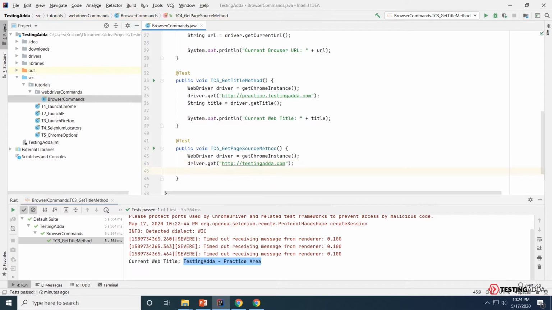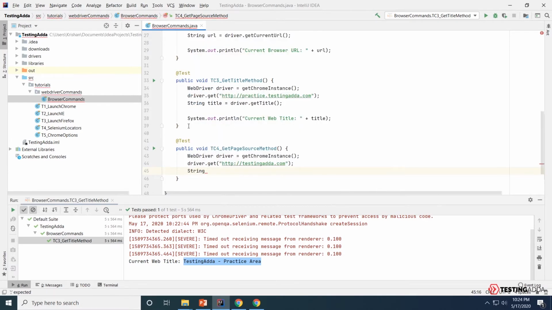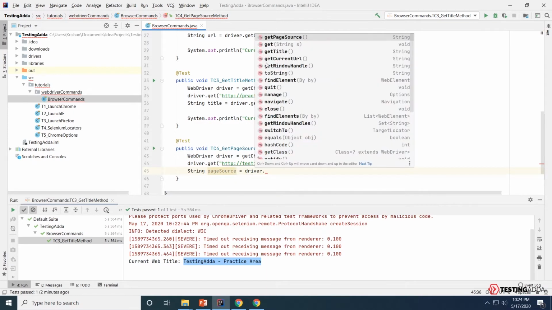Now what we'll do is we'll again accept the value in a string variable, because get page source returns a string value. So we'll do page source as a variable name and driver dot, as you can see, get page source. This method accepts no parameter but returns a string value.